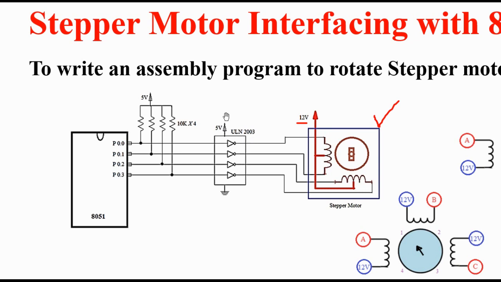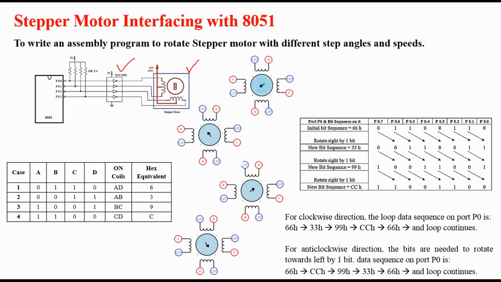What it does is, it will supply the extra current to this stepper motor. Okay, and from where will it take the extra current? It will take that extra current from VCC, that is the supply voltage, right? So it will take the signal from 8051 and it will send the same signal, meaning 1 or 0, to this stepper motor along with a high amount of current, right? So this is the function of ULN2003. This is called a stepper motor driver IC, because it is helping to drive this stepper motor.